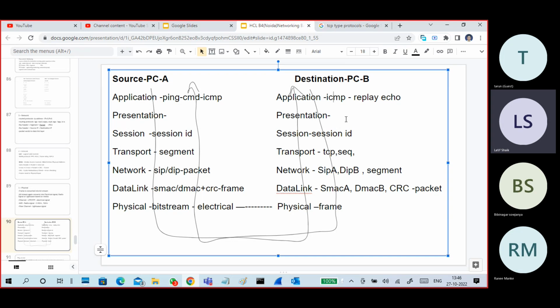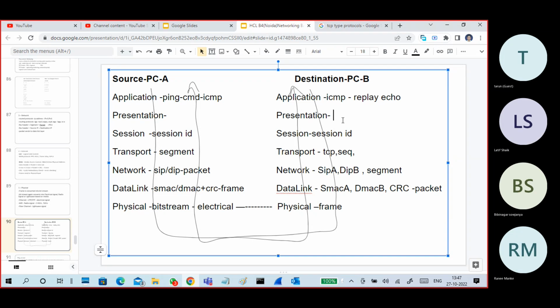The application layer verifies what protocol you are at. It is ICMP, echo reply kind of stuff. Okay, so what is it? Yes, it is a ping request. Yes, we have to do a ping-related reply. So echo reply, and it will send again. Same thing, like an echo reply,